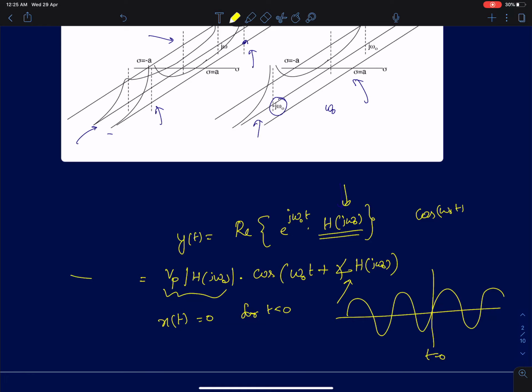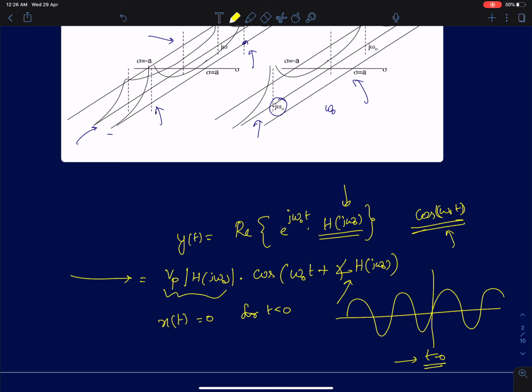This result which we have derived assumes that your input cos omega naught t is an everlasting sinusoid. Normally when you perform an experiment, you start the experiment at some point, so we'll assume that as t equal to 0. If I just write cos omega naught t, mathematically it assumes that the input has been existing for a very long time, and the input is going to be continuous at t equal to 0. But that's seldom the case. In fact, it's never the case.